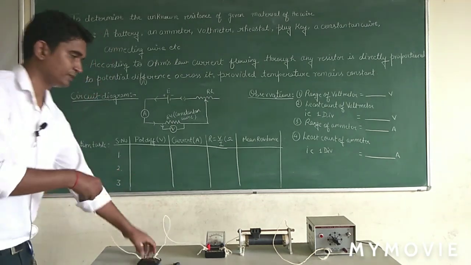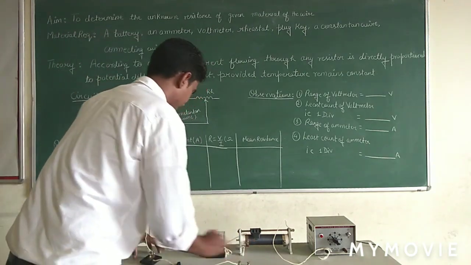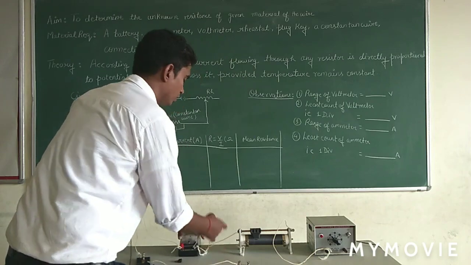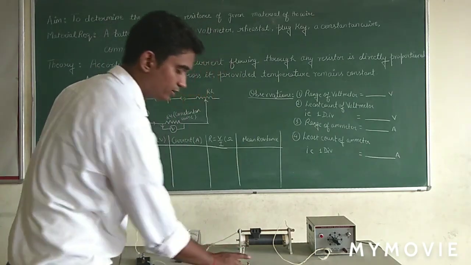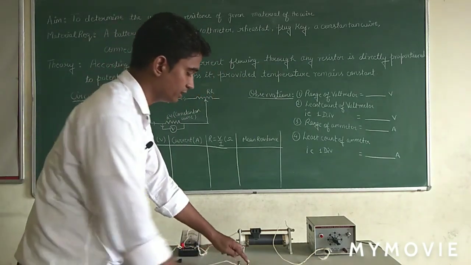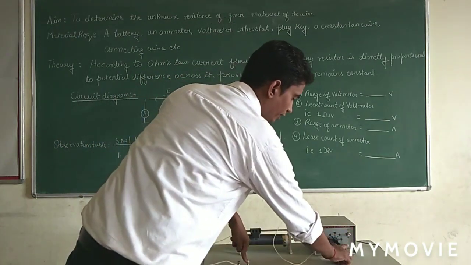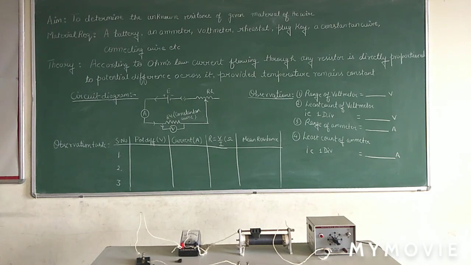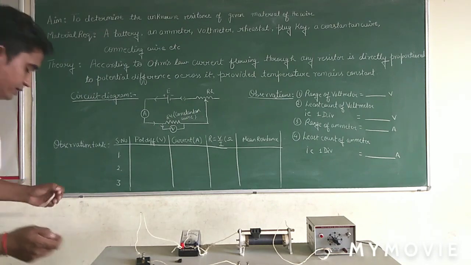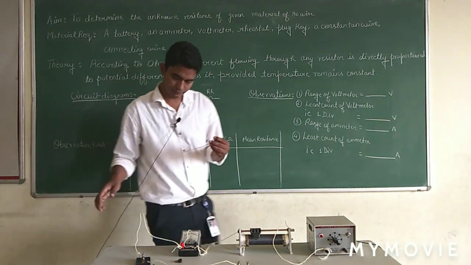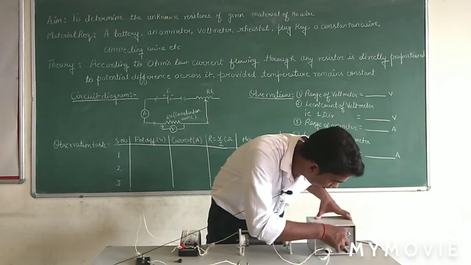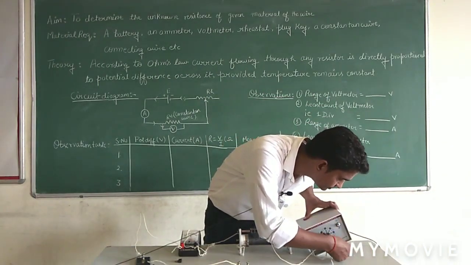Okay. All these elements are now connected in series, but the circuit is still open, as one end of this plug key is open and one end of this battery eliminator is also open. Now take another connecting wire and connect it to the second terminal of the battery eliminator,